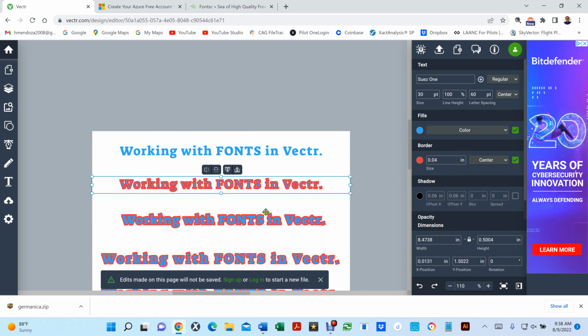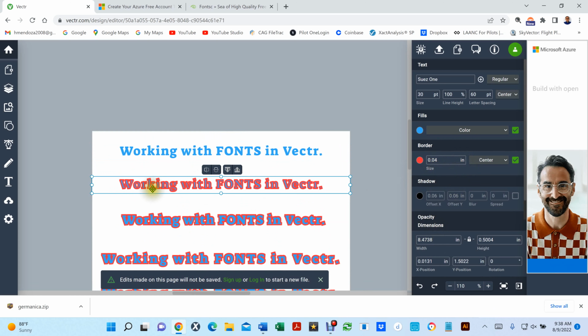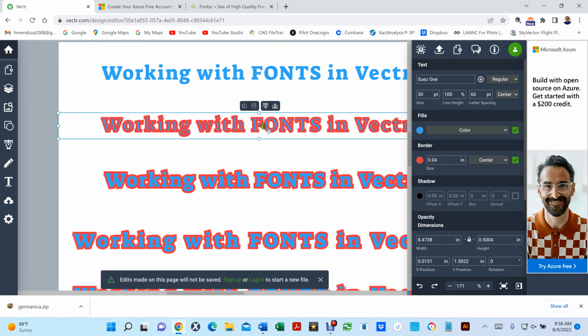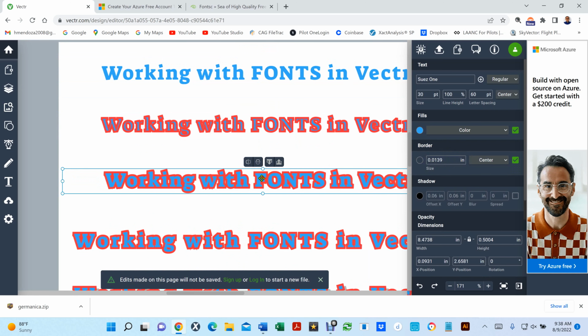Now, if you wanted to work with points, then it would be easier for you to write 4-point type, 3-point type, and so forth. But if you notice, the border is splitting in the center, halfway to the center and halfway outside. So you see how this one is 0.04? So what I did here on the next one, I went in and